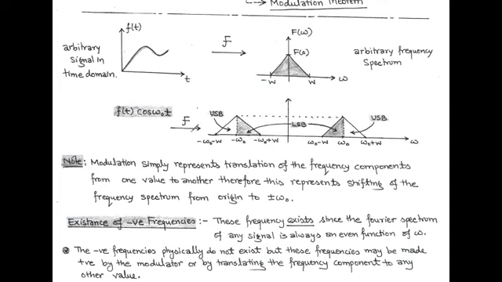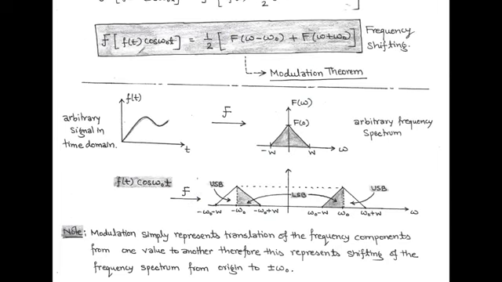So according to the modulation theorem, the spectrum that is situated at the origin is shifted to plus minus omega naught, and here we show a band, that is the upper sideband and lower sideband. The upper sideband is between omega naught and omega naught plus W, whereas the lower sideband is omega naught minus W to omega naught. We simply say the band above omega naught is the upper sideband and the band below omega naught is the lower sideband for positive frequencies, and reverse order for negative frequencies.